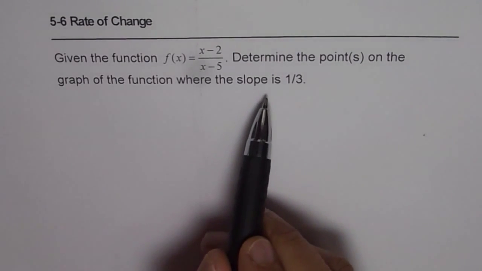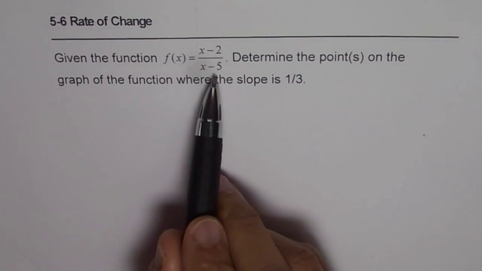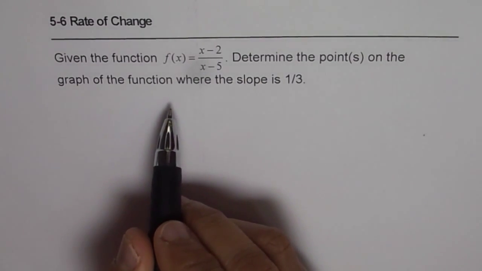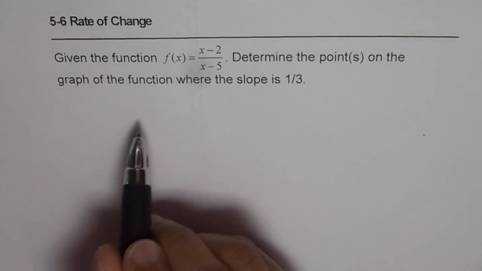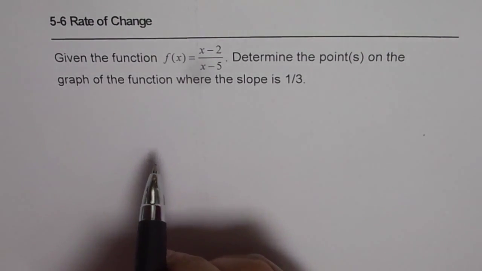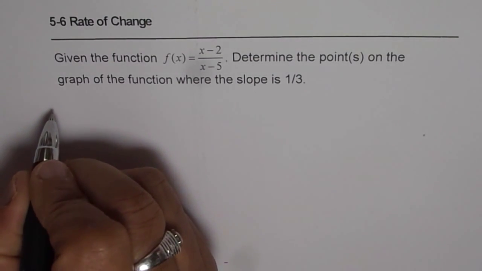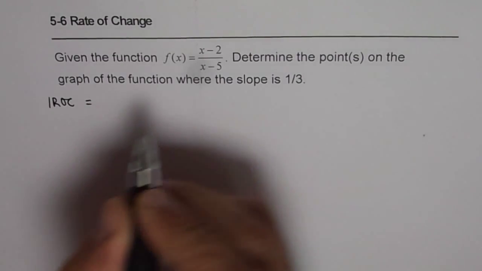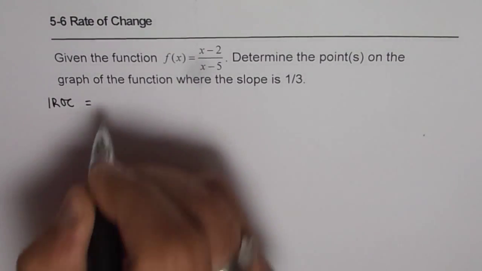Now in this case we are given the slope and we need to find a point on the graph, right? There could be more than one also. So let's use the difference quotient method and find out the point where the slope will be 1/3 for a tangent line. So with the difference quotient, the instantaneous rate of change at any point on this graph will be